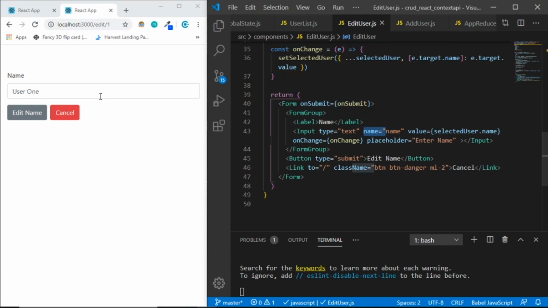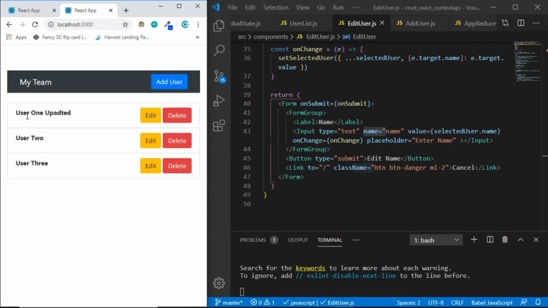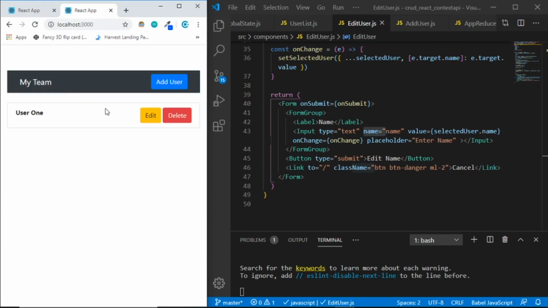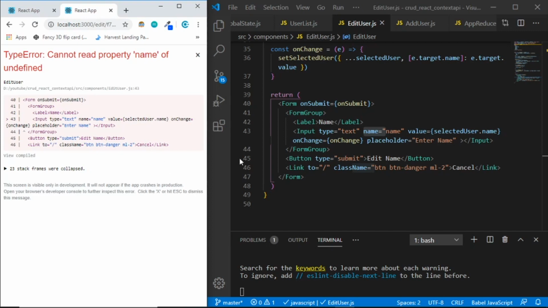So now if I add updated, for example, and click edit name, now we have edit user 1 updated. We can delete, add user, let's say user 1 for example. And if I want to delete, it should crash because